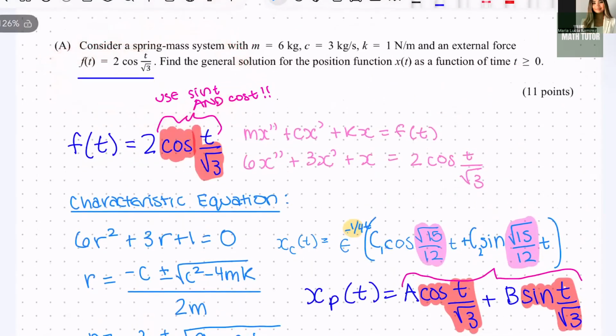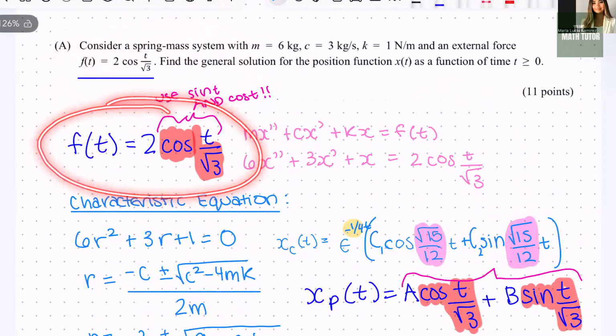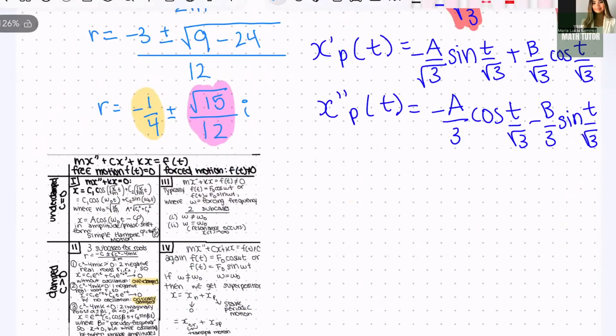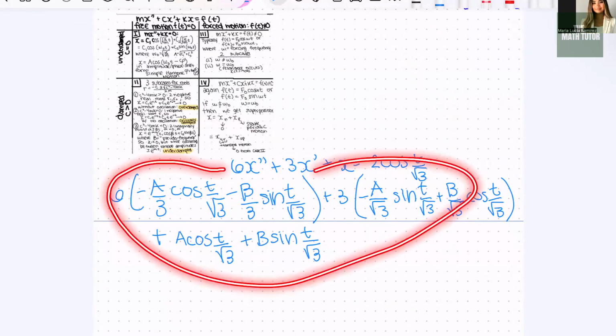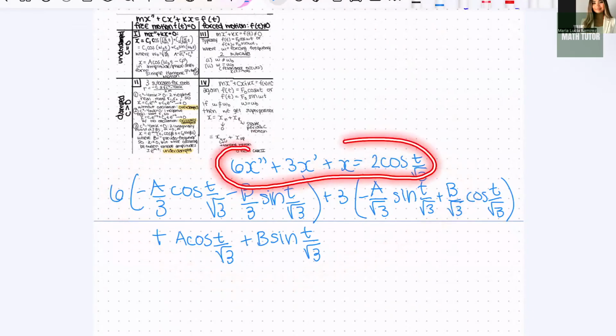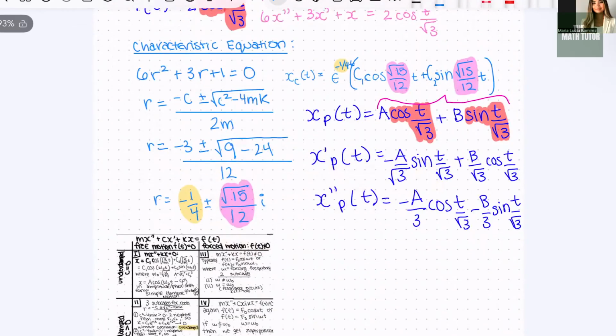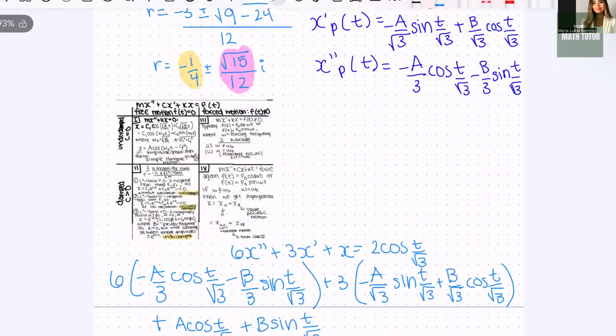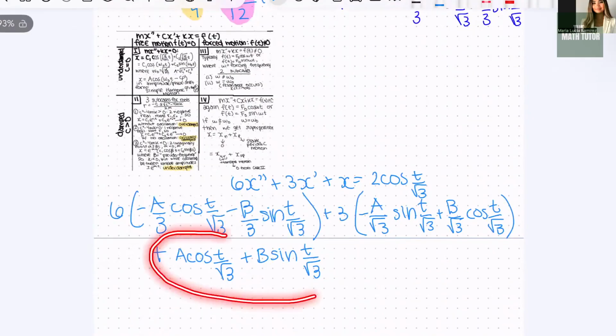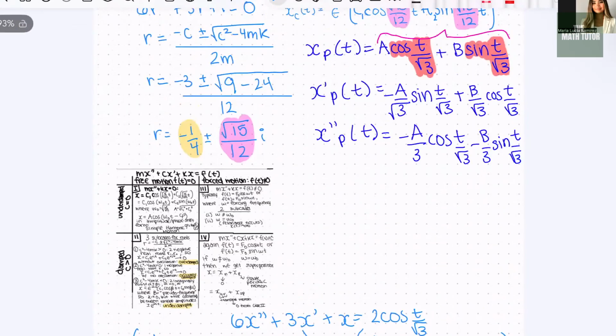So the external force. I am going to write that all out for you guys and not waste your time. I just realized when I was writing this down, I meant to say this equation and not this equation. So make sure to not do the same as me, because then you would forget the original particular equation. So yeah, and then I'm going to equate all of that to